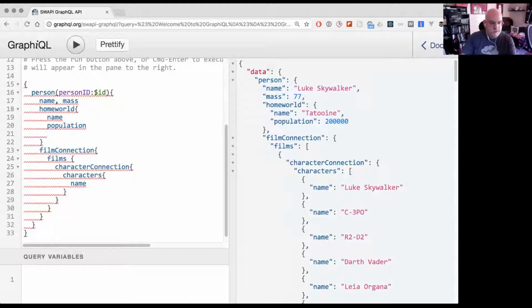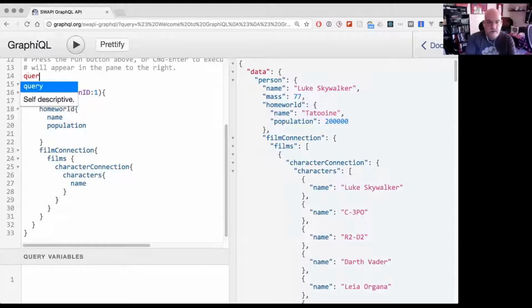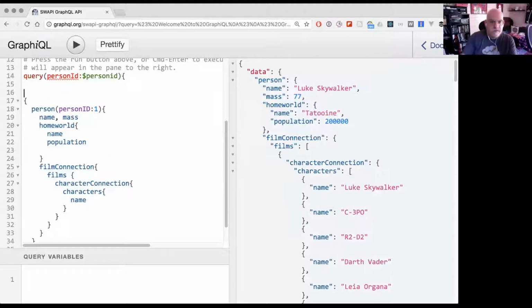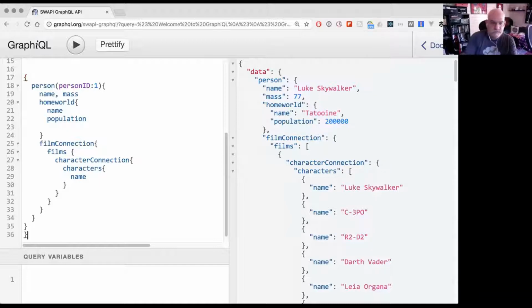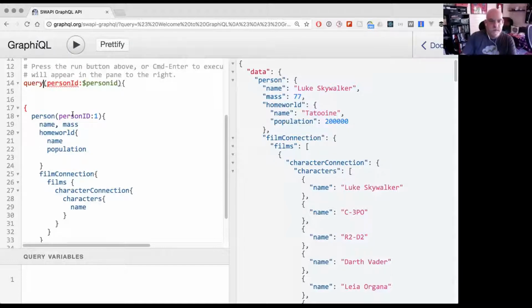So hold on a second. Well, you'd be passing in the string there, but you can also define which variables you're going to pass in there. So you can say that this is a query, right? And you can have person ID. I can't remember the syntax off the top of my head, but it's something like this. So this is my query, oh sorry, the query get Luke,